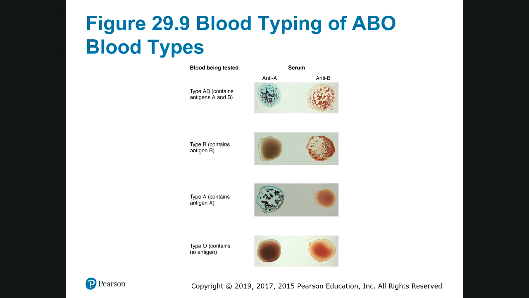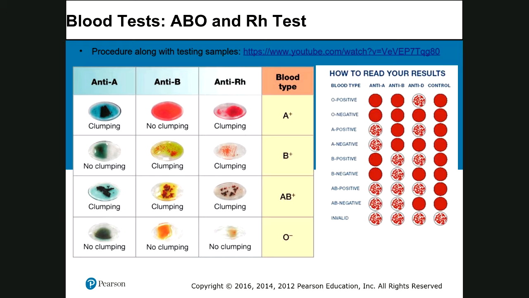The O type of blood has neither antigen A nor antigen B, and therefore they do have anti-A and anti-B antibodies in their plasma. So I will give you a test, for example, okay, I have a sample blood and they put it in contact with an anti-A and they show clumping or agglutination. That's automatically telling me that this is a group A